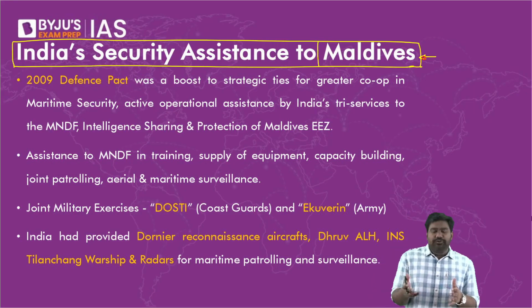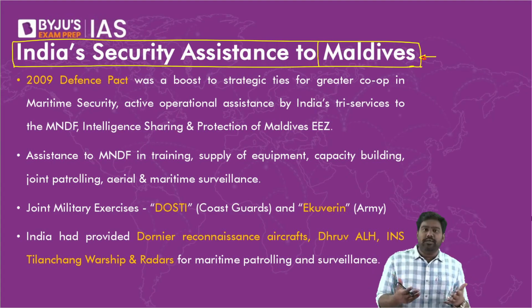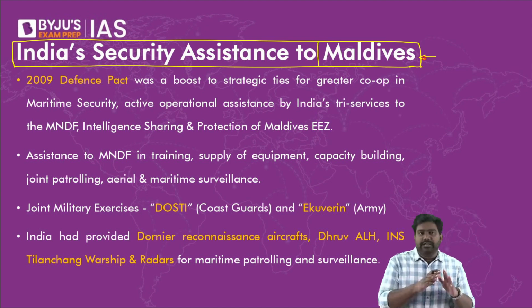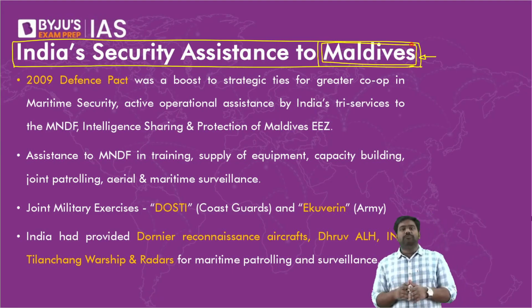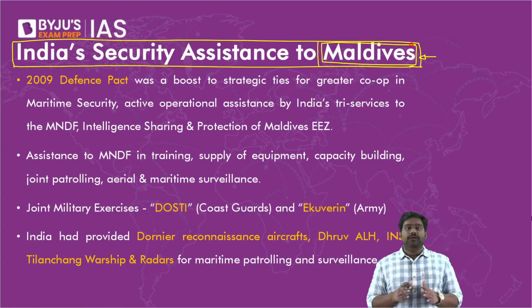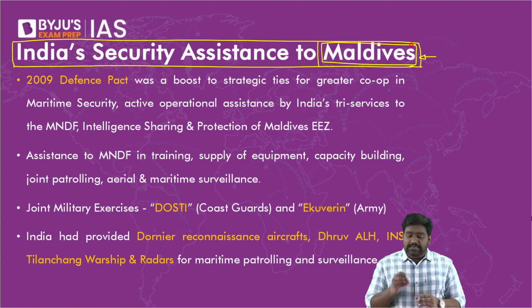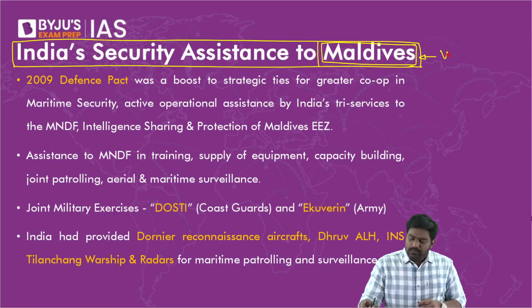And because of its geographical limitation, it doesn't have a strong economy. It can't have big industries. It doesn't have any major agriculture as such. It has very limited sources of revenue, which are tourism and fisheries. As you know, Maldives is a very popular tourist destination. Tourists from around the world flock to Maldives because of the beautiful landscape that it provides. And apart from tourism, the other source of revenue is fisheries. So it has very limited sources of revenue. That is why its economy is vulnerable. The country is vulnerable geographically and economically.